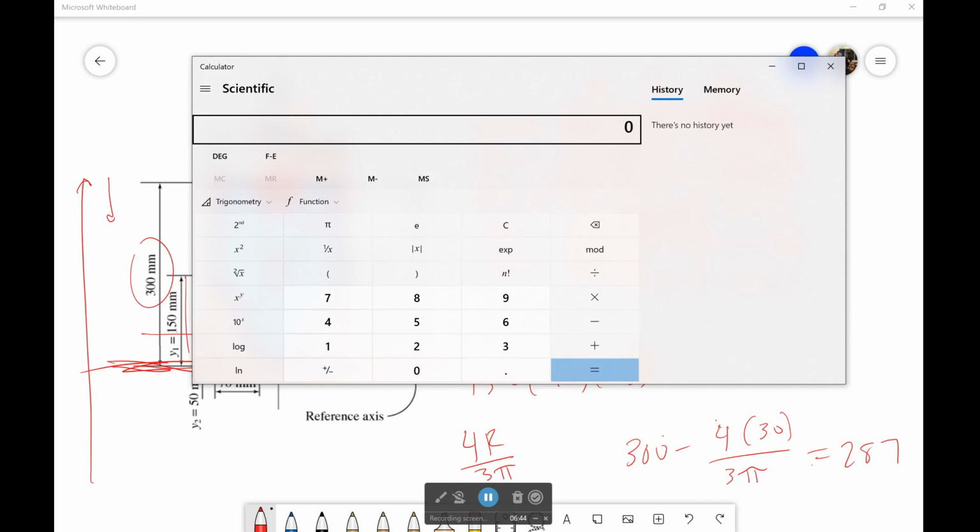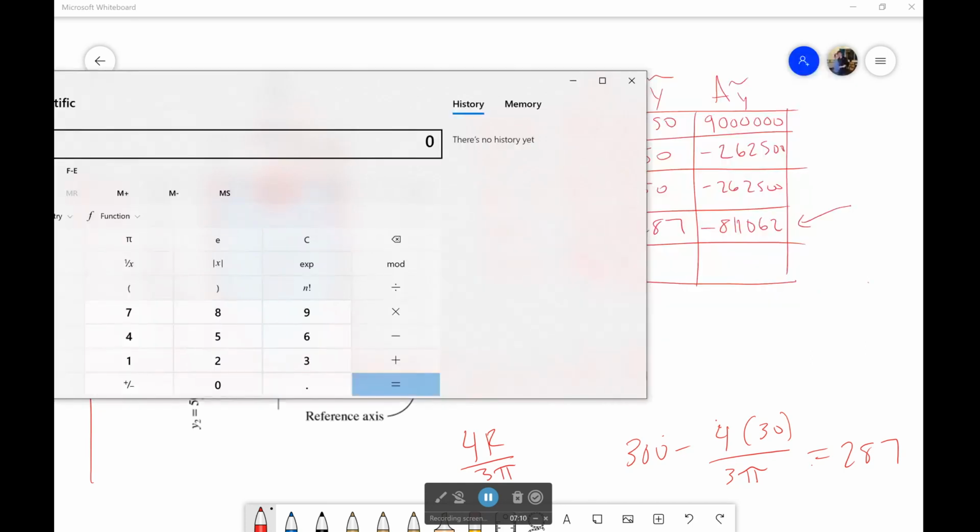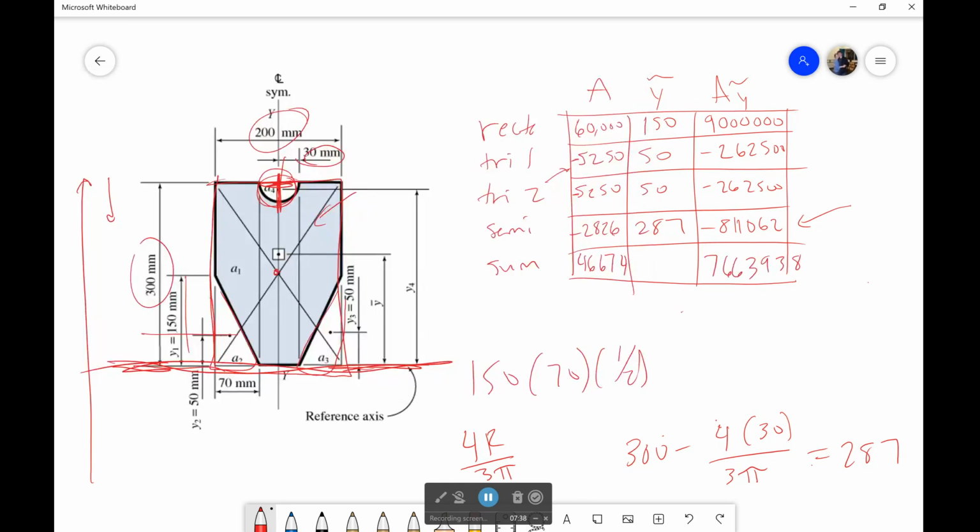Now I need to add them all together. So I'm going to get 9 million minus 262,500 minus 811,062. I get 7,663,938. Okay. Now this is everything I need to calculate my centroid in the y direction, because that equation is